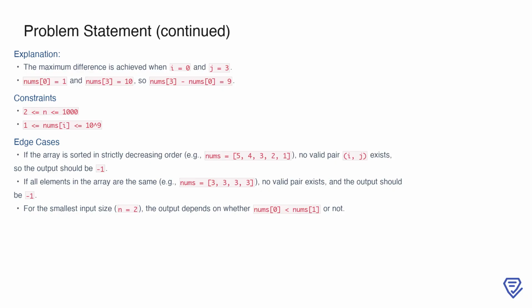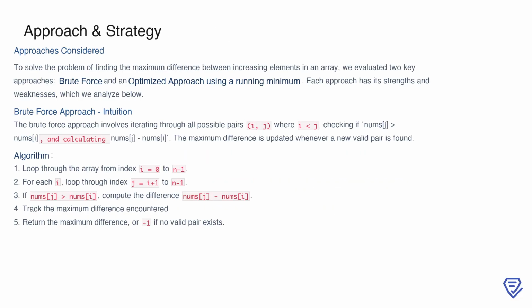Additionally, it's important to consider edge cases, such as when the array is sorted in strictly decreasing order, or all elements are the same, as these cases lead to an output of -1. For the smallest input size n = 2, the result depends on whether the second element is larger than the first. To tackle the challenge of finding the maximum difference between increasing elements in an array, we explored two primary